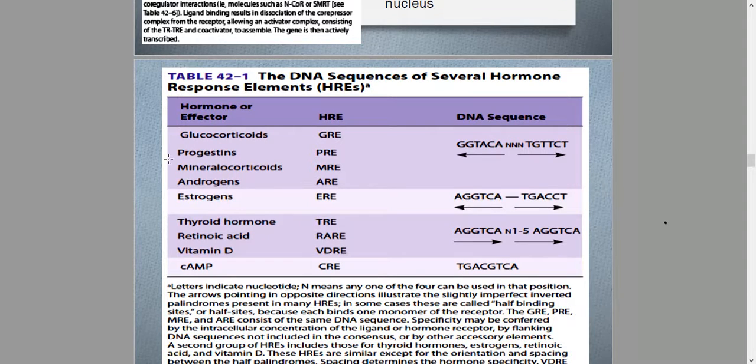right? MRE, in the case of mineralocorticoids; ARE, androgens; ERE, estrogens; thyroid hormone, retinoic acid, and vitamin D also have their specific response elements, and the secondary messenger for hydrophilic hormones, cyclic adenosine monophosphate, also has a particular response element within the DNA sequence. If you take a look at the DNA sequence,